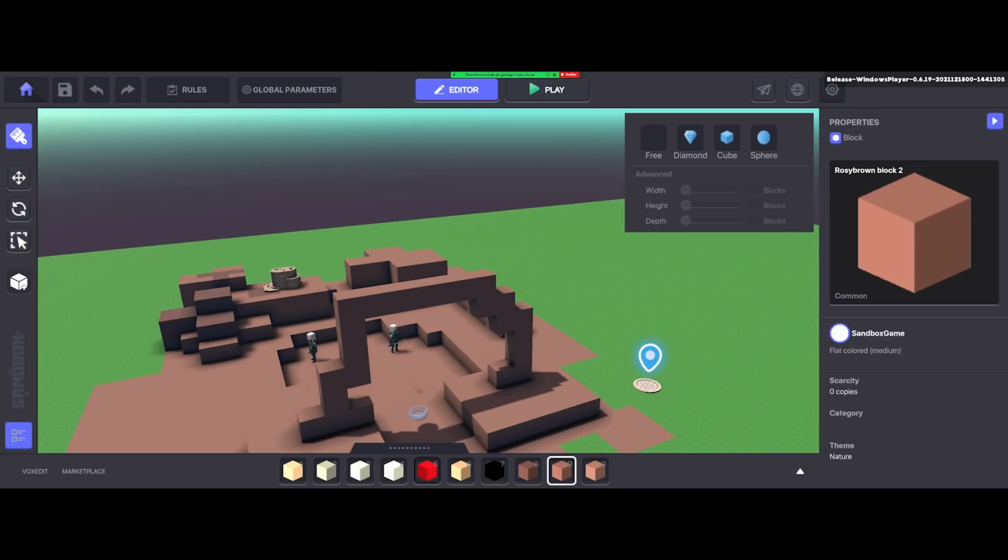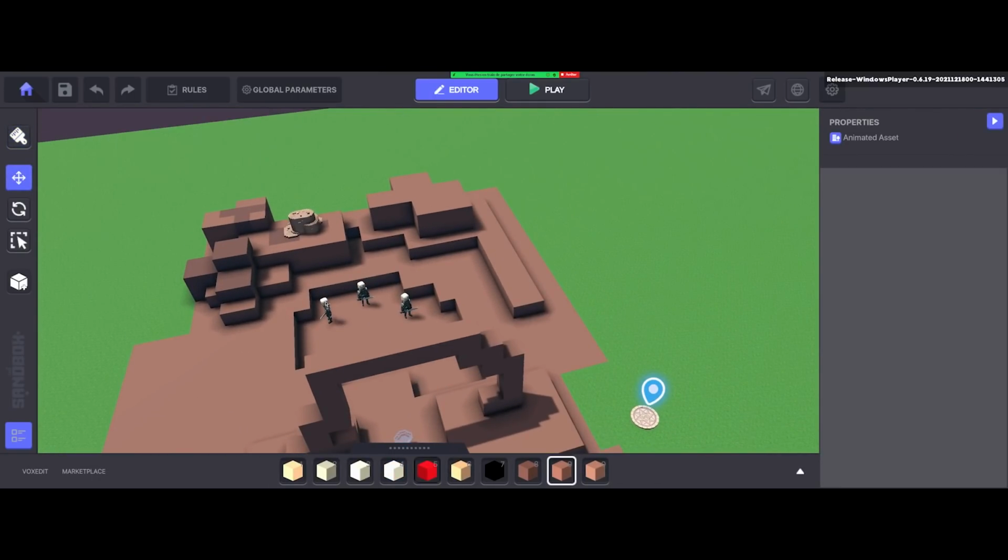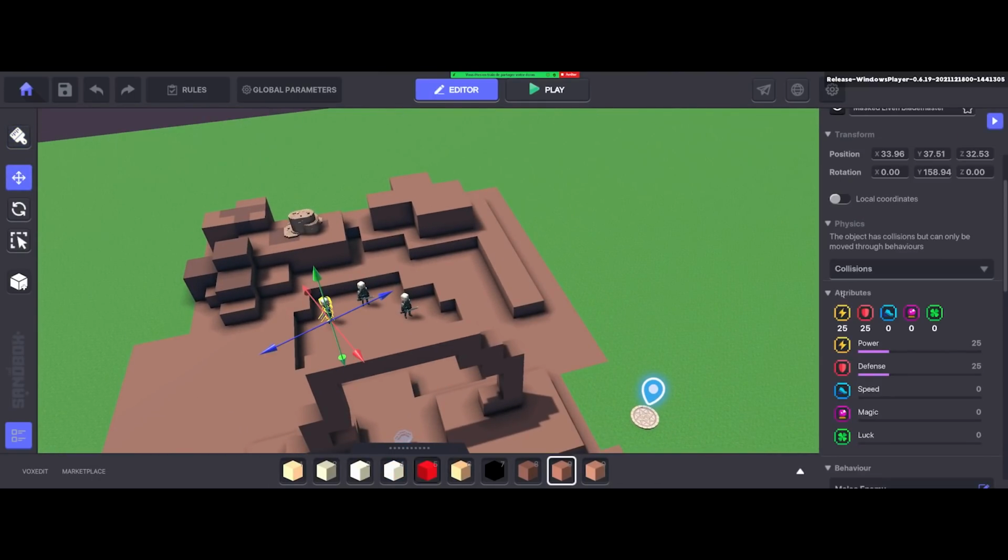One second. Ah, yeah, I see. What exactly are power, defense, speed, magic, luck attributes? How do they function? Or what are they intended for? Okay, so this is a good question. It's true, I didn't talk about this. There. So you are talking about this whole part. So